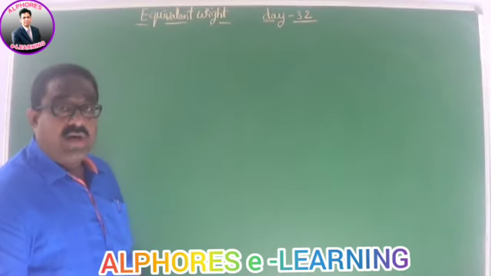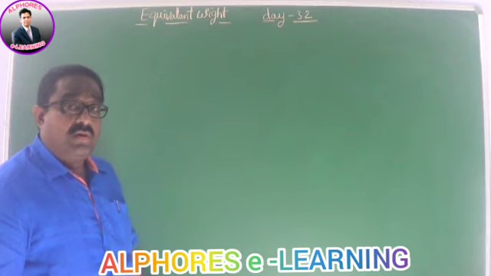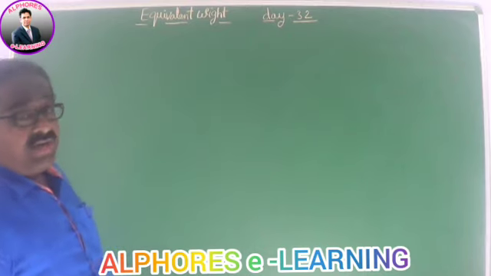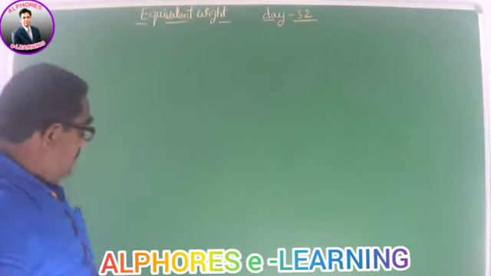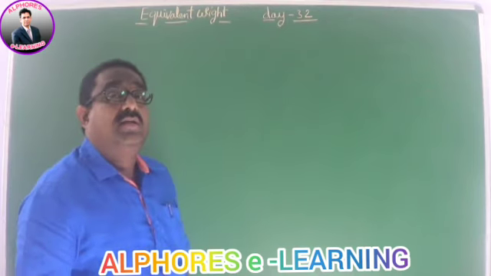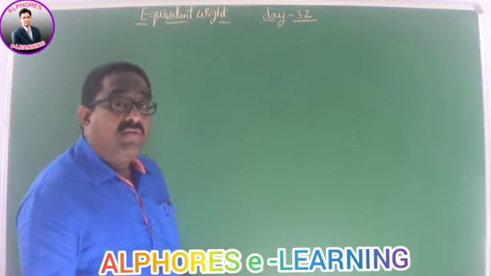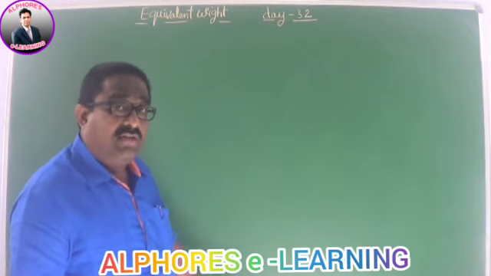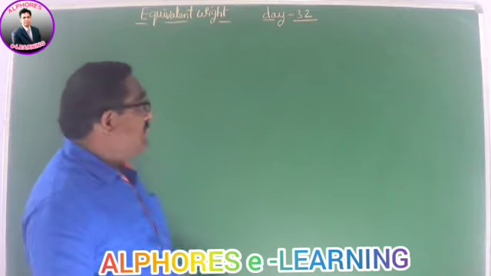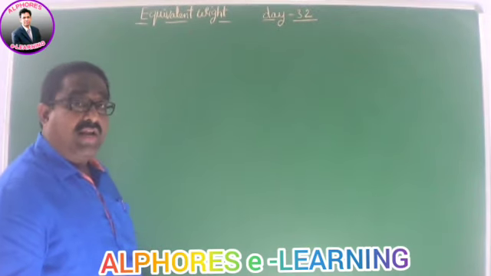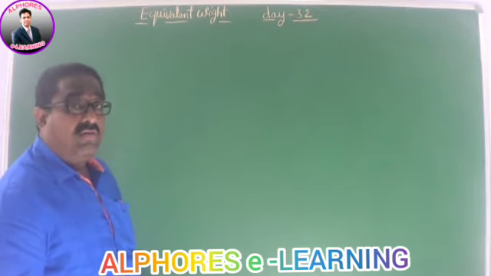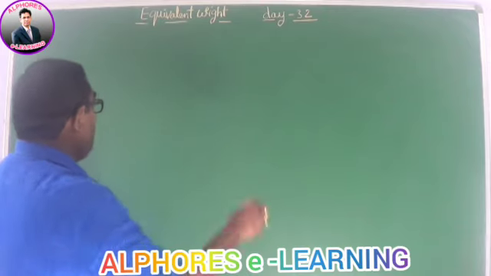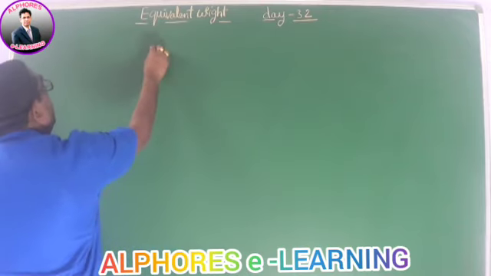Today I am going to start session 32 of the stoichiometry chapter, and we are discussing numericals on the concept of equivalent weight. In the previous session I discussed some numericals regarding equivalent weight, and today also let me discuss some more numericals based on equivalent mass and N factor. Write down, students.